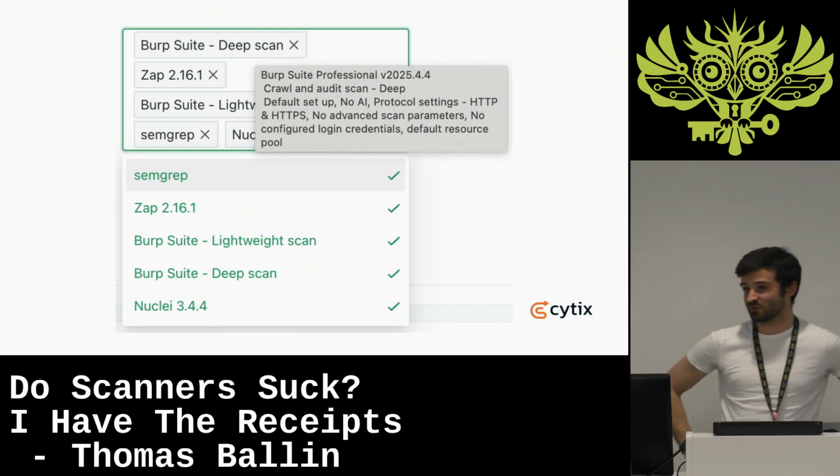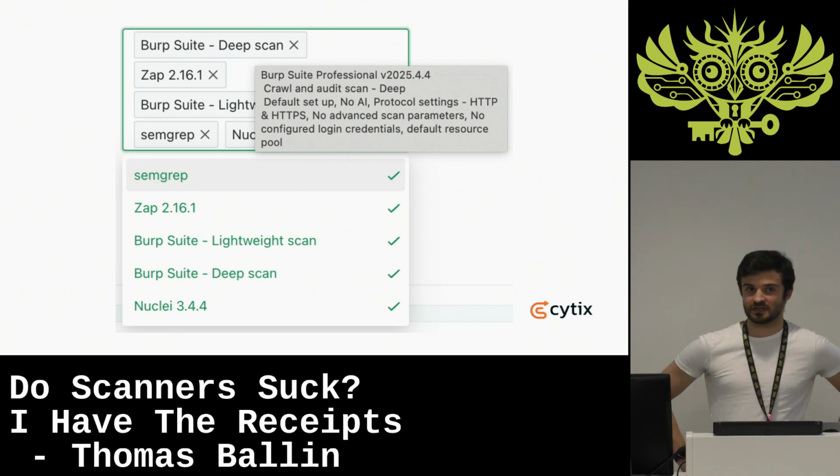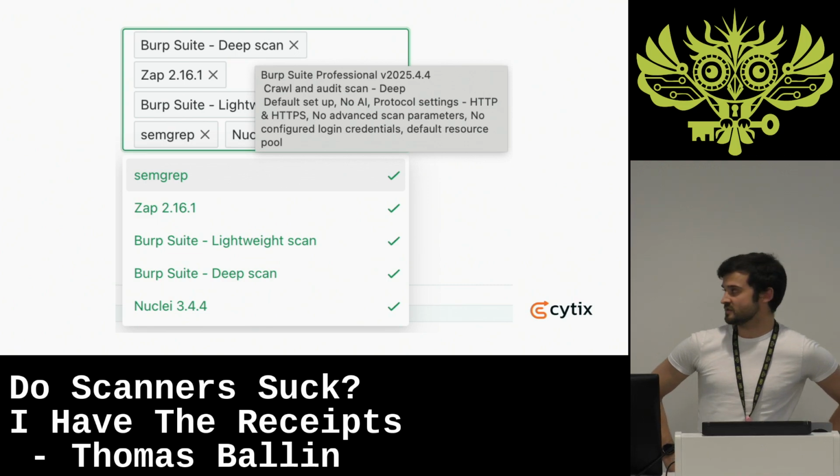ZAP is probably the most adopted inside internal teams. I think it's one of the top 10 most downloaded projects on the whole of GitHub. So it's very, very popular inside businesses, although not necessarily quite so popular amongst security vendors themselves, who I think Burp Suite is the most popular. And actually, speaking to PortSwigger,